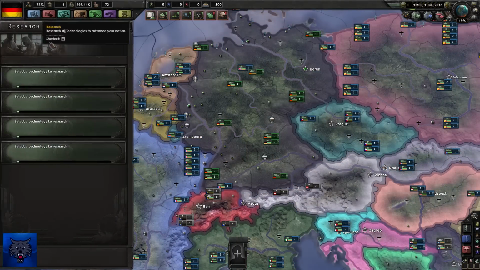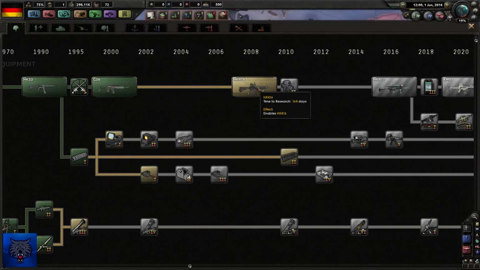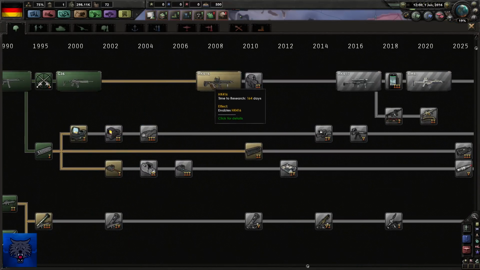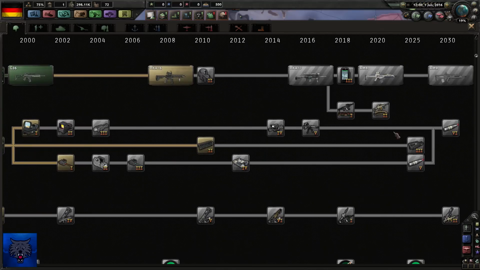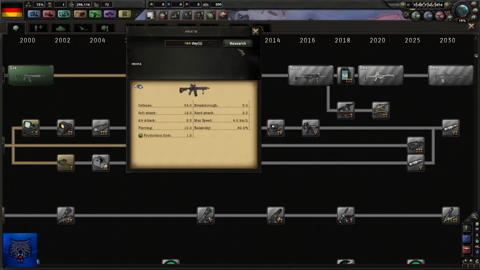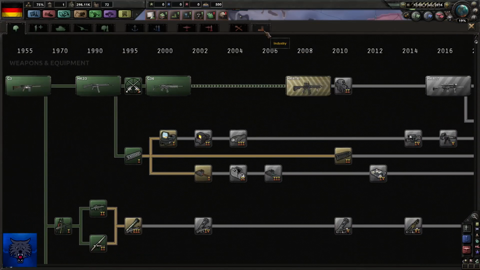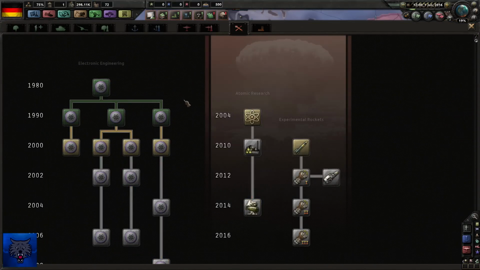Right, okay. Let's go straight into our research. We want to get some new guns. At the moment, what can we get? We can get the MK416. Towards the end, in 2030, we can get the XM9. Okay, cool, so let's get that done then. What else do we want to go through here? We'll get these new guns, and then I think we're going to have to go down the...